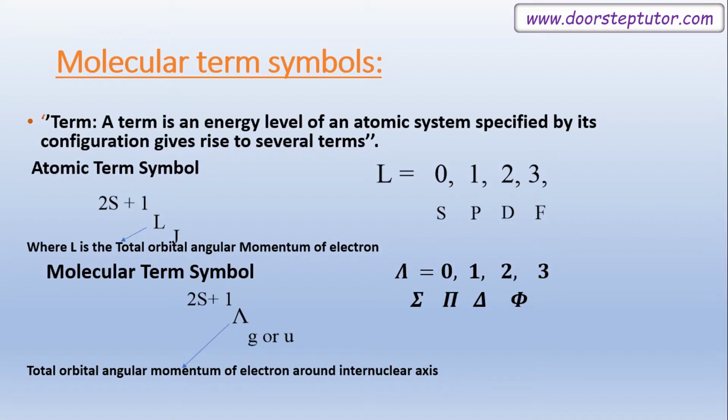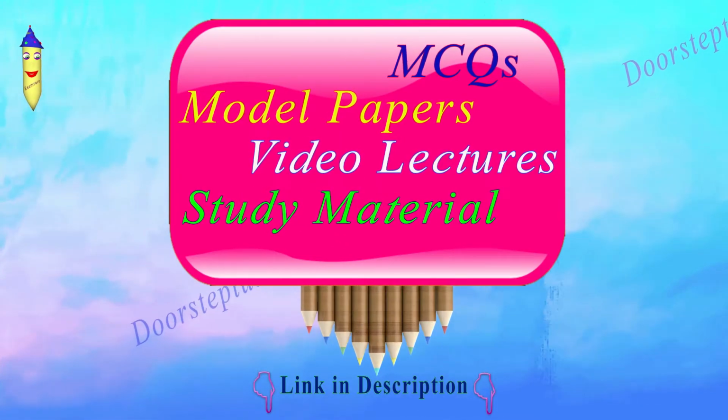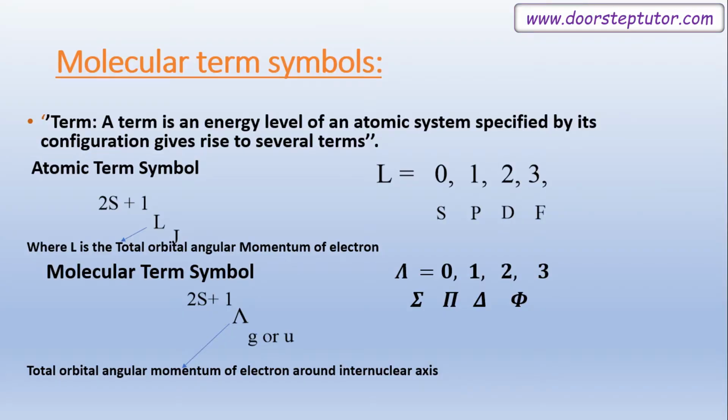But in this molecular term symbol, if the system has a center of symmetry, it means if the bonding molecular orbital or anti-bonding molecular orbital, or the sigma system or pi system has a center of symmetry, then you can represent it as G. This is the Mulliken term symbol. And if it is ungerade, you can write U. So what is G and what is U? How to represent a G and how to represent a U? We can discuss in the next slide.